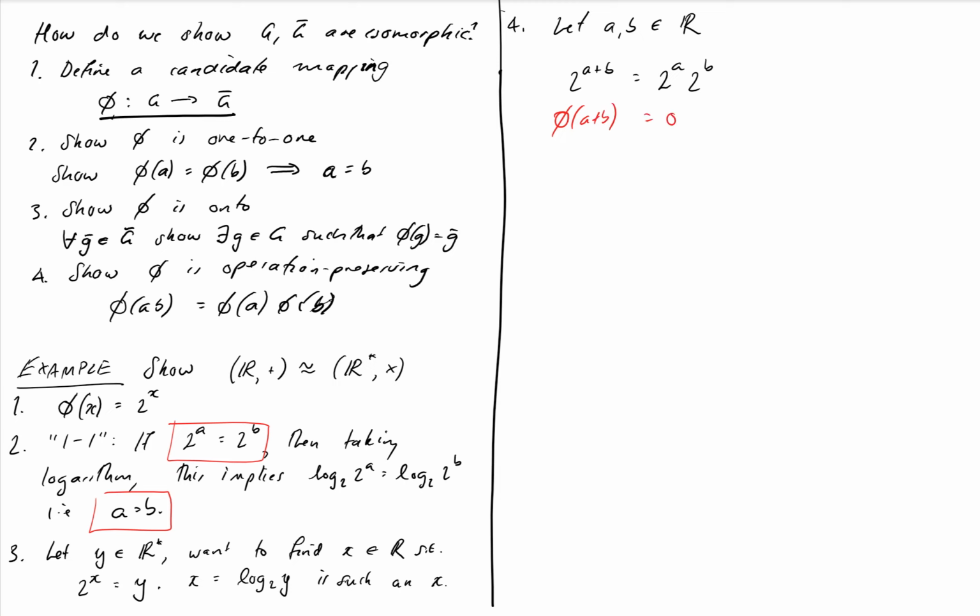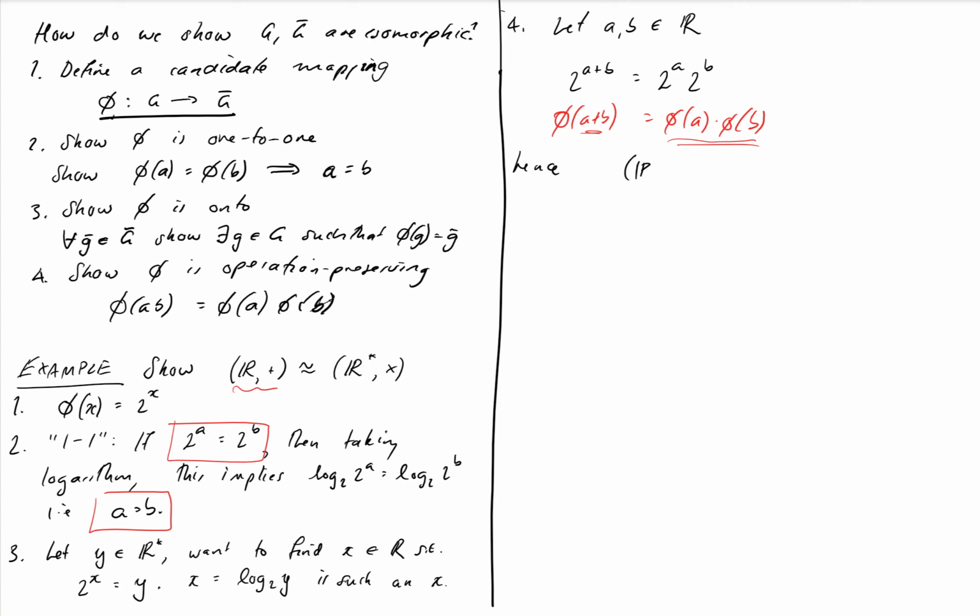Is equal to phi of A times phi of B. Because the group operation in our group G, which for us is the real numbers under addition, is addition. And then the group operation in group G bar, which in this example is the positive reals, is multiplication. And just by standard properties of the exponential, that is true. Therefore, we conclude